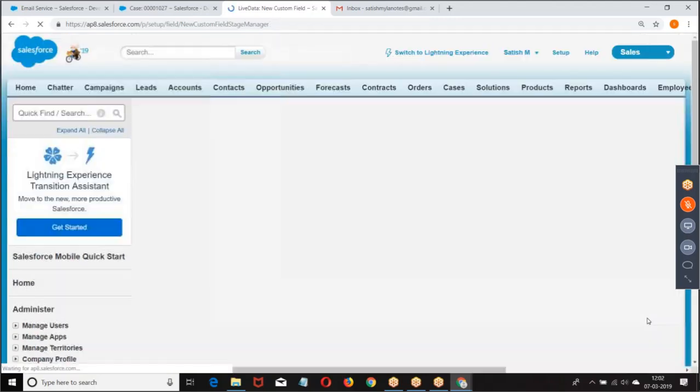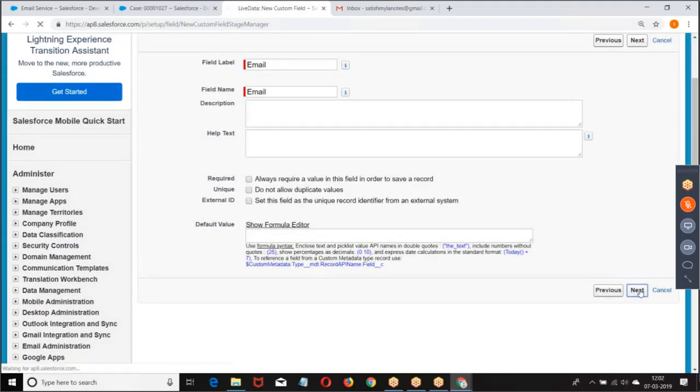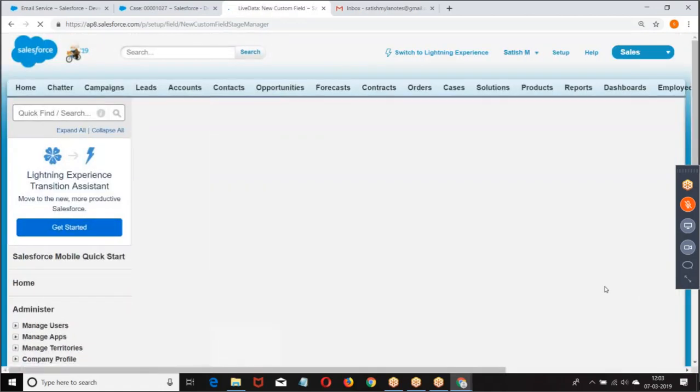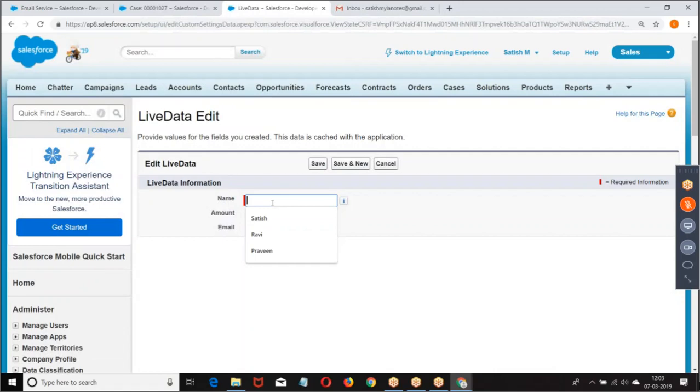Email, this is how we got it. I created fields. Then what we have here? Mails, new, $10,000 email.